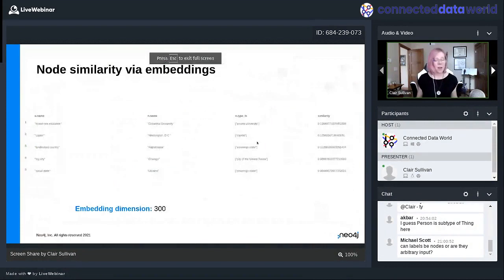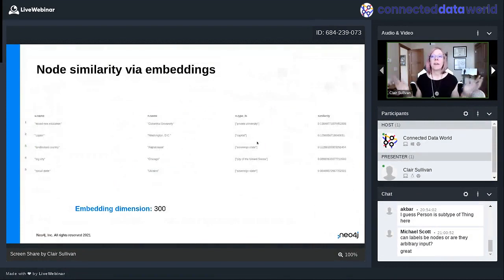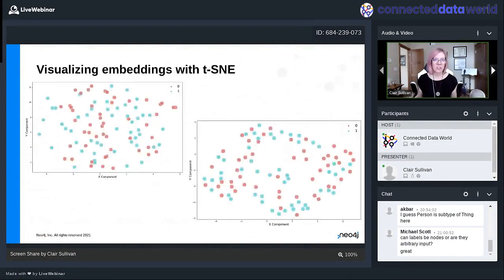Okay, so then another thing that we can do with our embeddings is some dimensionality reduction to look at them and see how well they cluster. This is just one approach. This is T-distributed stochastic neighbor embedding, or t-SNE. When you deal with embeddings, say I have cases of 0 and cases of 1, we really like to see that all of my zeros are clustered densely together, all my ones are clustered densely together, and the separation between the two is great. We do that with normal machine learning algorithms, and we can do that with graph embeddings as well.